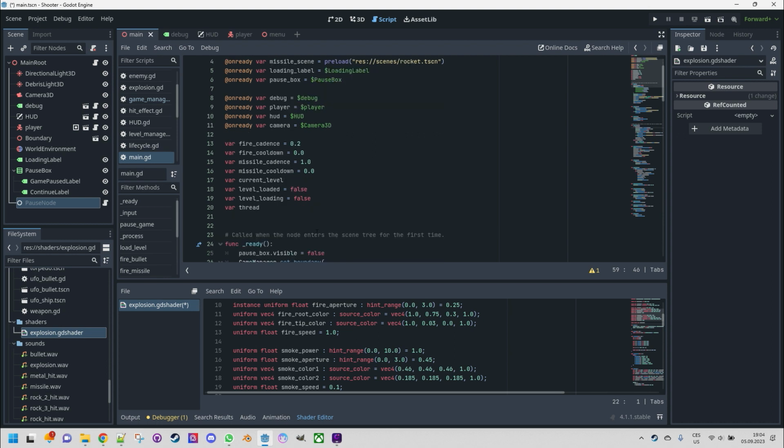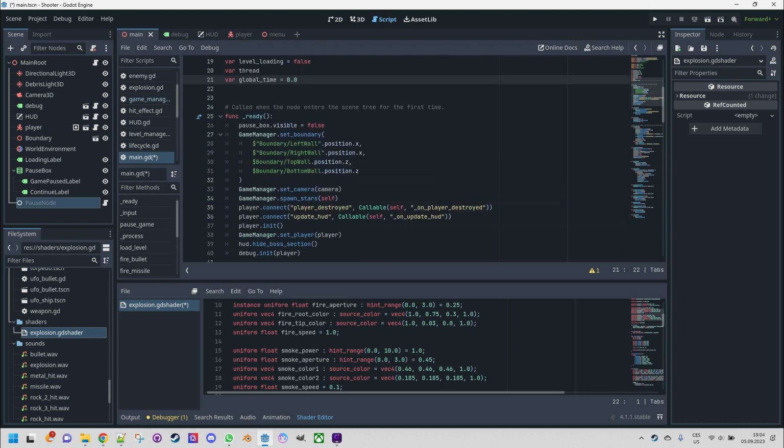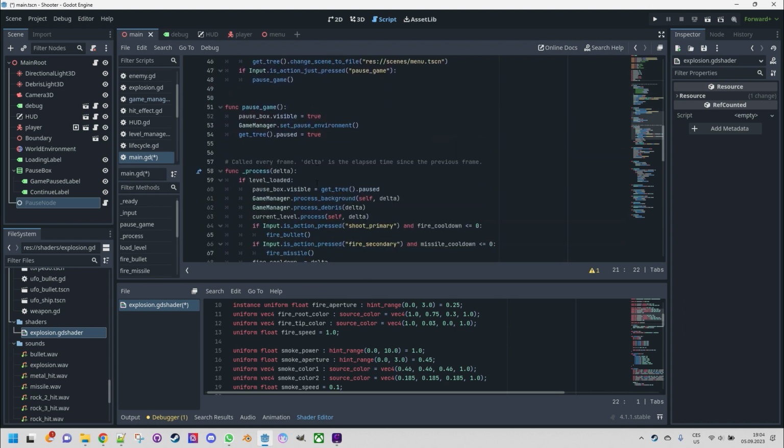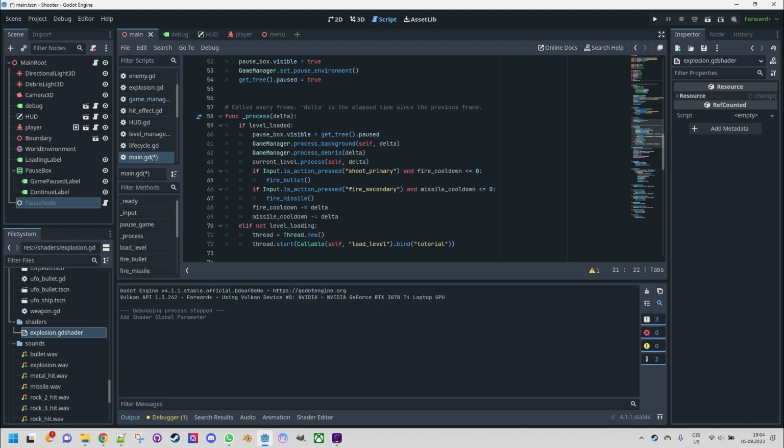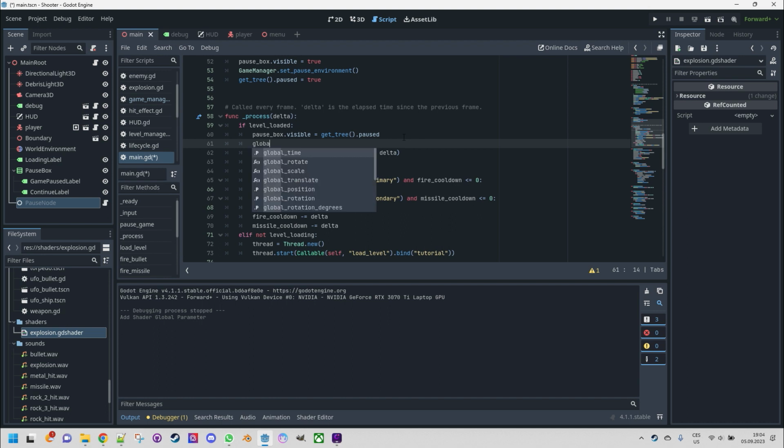So we will add a new variable, for instance here, global time, which starts at 0, and in the function process, here it is, if the level is loaded, we will increment this global time by delta,